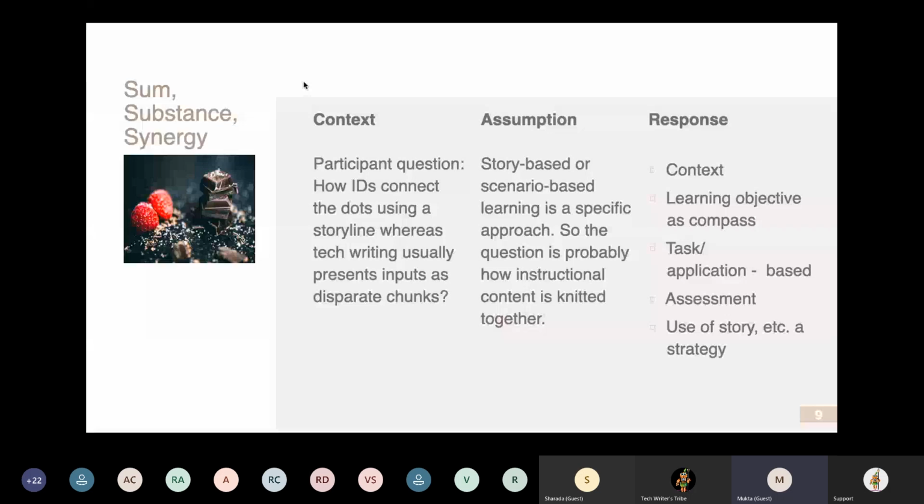Then, of course, assessment is very, very critical. A bit of trivia might help you get a sense of how important assessment is. In the West, and maybe now in India as well, there are assessment specialists. They only write assessments and they are paid very, very well. They are paid, in fact, more than instructional designers. Because the way you design an assessment